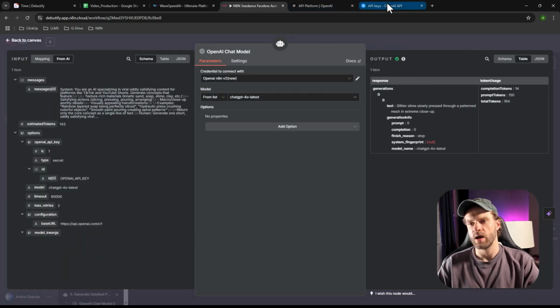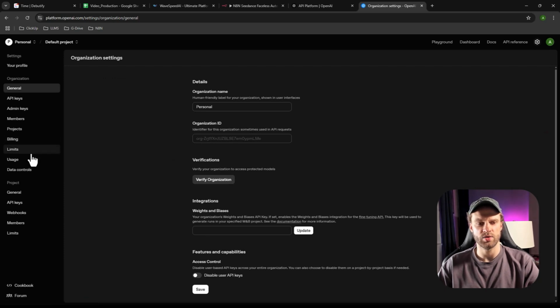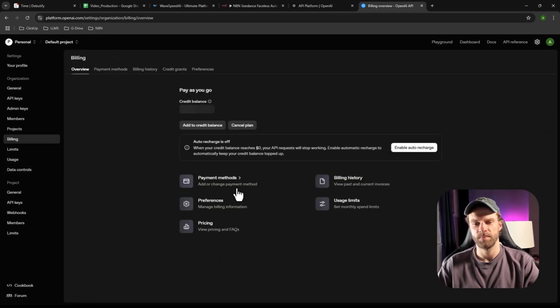Super simple. And also, it won't work before you fund your API key, meaning you need to put some money on it. The way you do it, click right here on this little settings icon, and you're going to go to billing here on the left corner side. And here I have like $68, and the way I got those, obviously I put my credit card, and just click here on add to